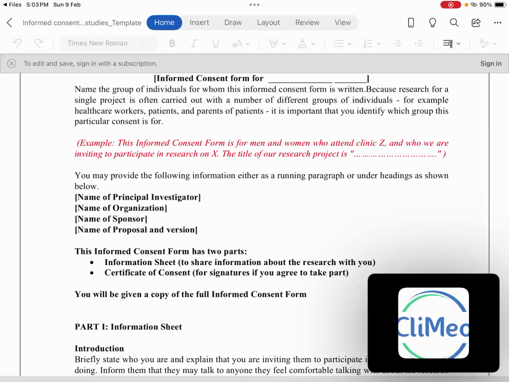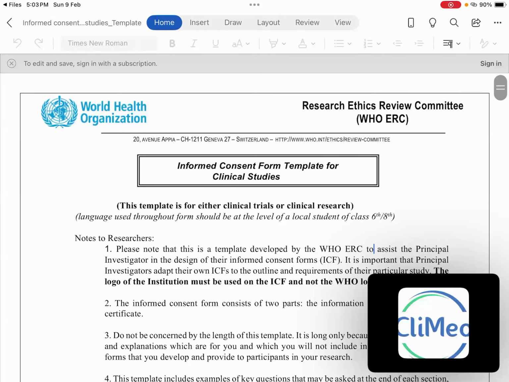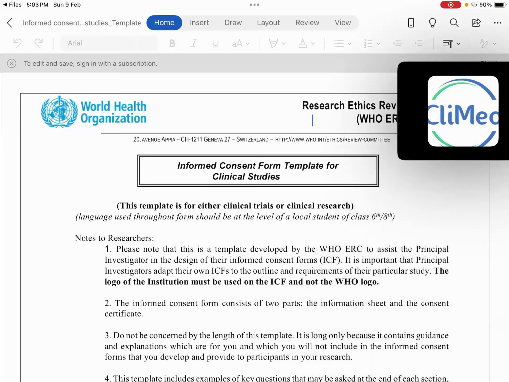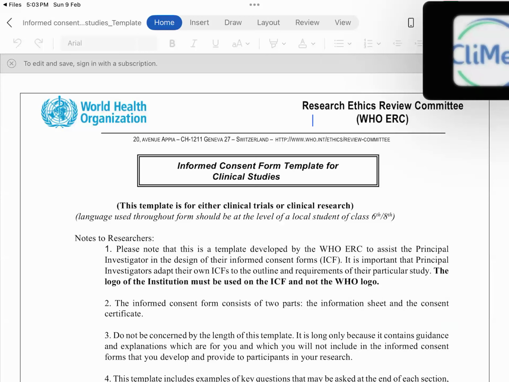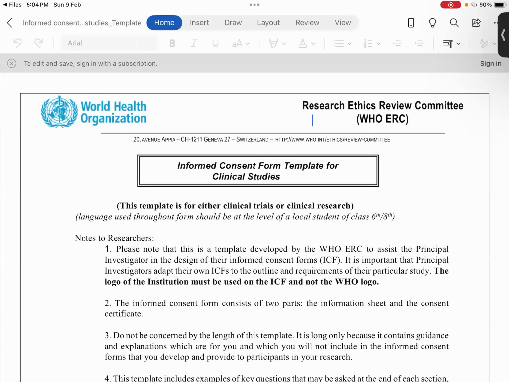Here it is. I hope you are able to see a template which says World Health Organization. This template is in line with your ICH, so it's not different, especially for public health related studies. This is the template which is followed, and it is quite widely accepted. As of now, this is one of the best for academic purposes like ours. So stay with me and I will tell you how you can utilize this template for your